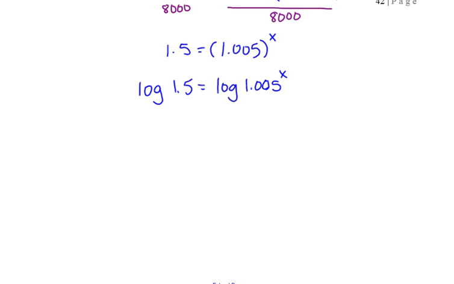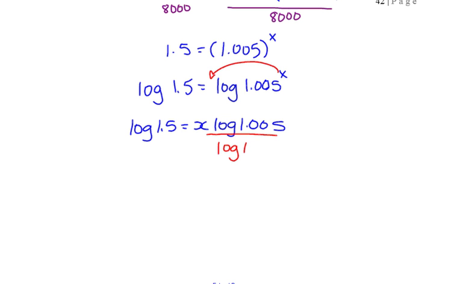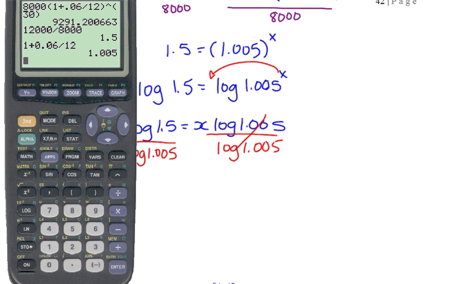Now what? Move the x to the front. Power law. And then we want x by itself, so divide both sides by log 1.005. Yeah, so you can see how even though there's 40 questions, one question like this is going to take some time. Log 1.5 divided by